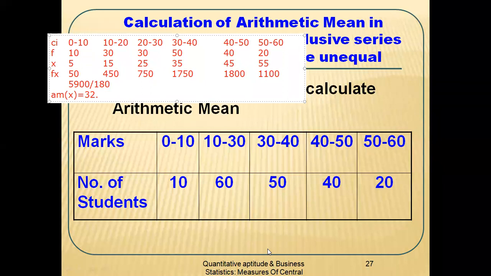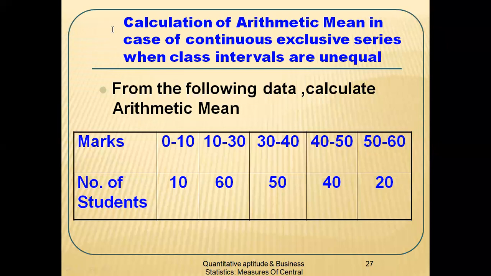That means what should I do? We need to split the entire class width into two equal parts, then distribute the frequencies equally so that you are not biased in nature. After that, you can solve the problem. By solving it, you will get the arithmetic mean. So is it clear with you all? Okay.